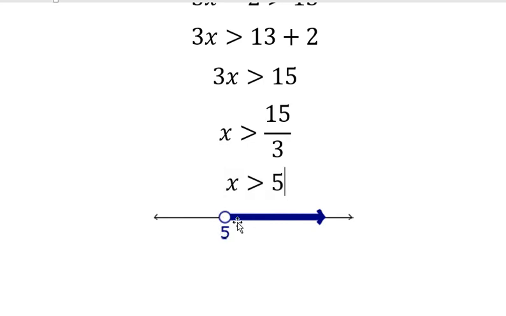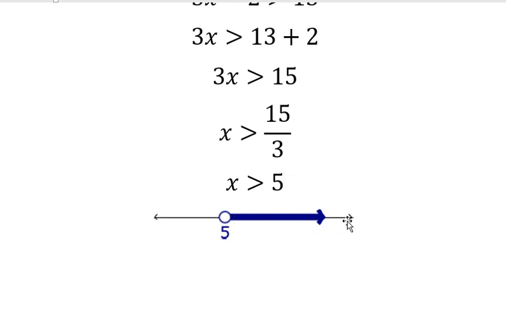So I'm gonna put a white circle in here. The white circle basically tells me that it's gonna start from 5, but it's not 5. It will be the other numbers, and I'm gonna color in the same direction as the arrow of greater than. Do you see that greater than is pointing to the right? That means I'm gonna color to the right, and I'm gonna put an arrow to say that all of the